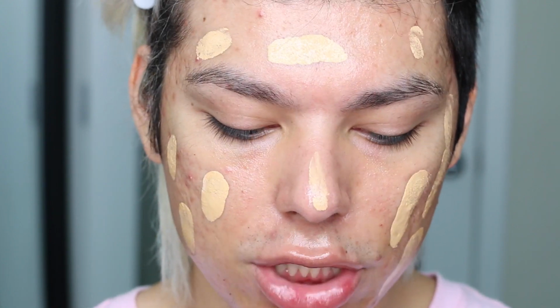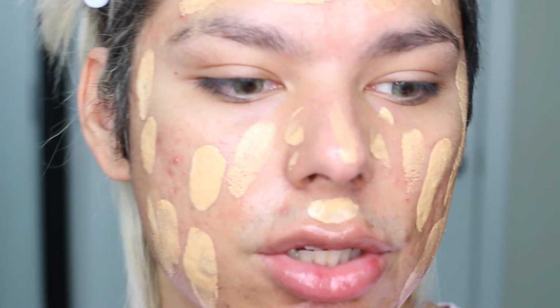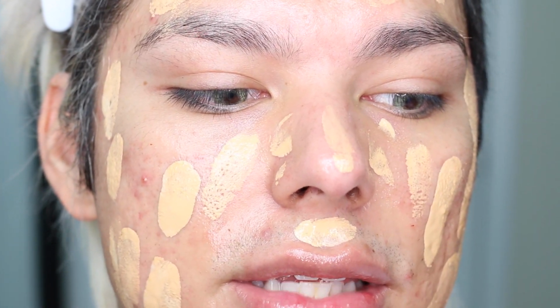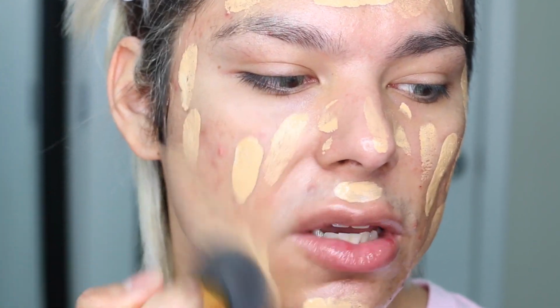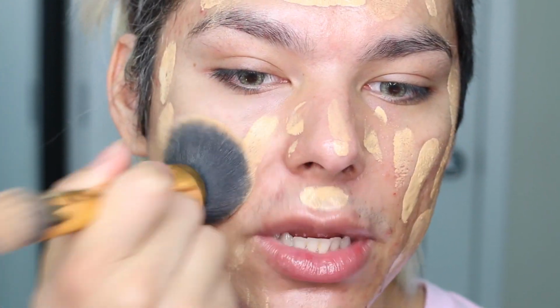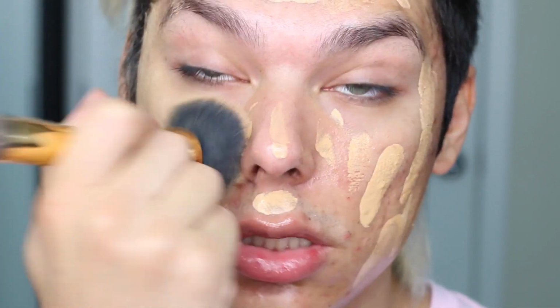With the Rihanna foundation, they actually gave me the wrong shade in my gratis. They gave me 250. It's really peachy, but it's just super peachy, and my skin tone is like a light peach. Now with this foundation, you do have to work fast. It does set fairly quickly, so the faster you work it into your skin, the better. And I like to tap it in. I don't like to buff it in. I just tap, tap, tap, tap all over until I get